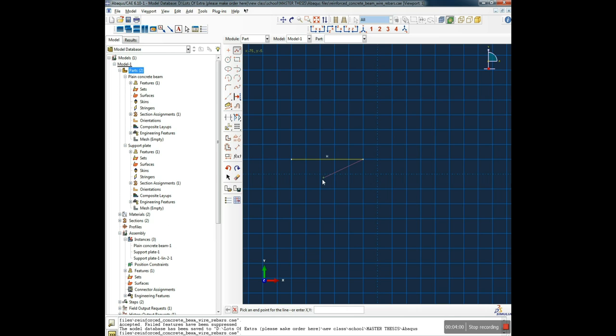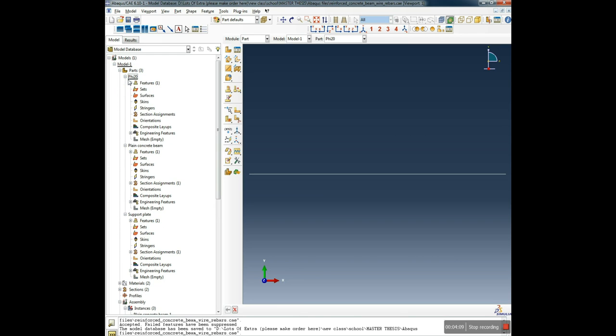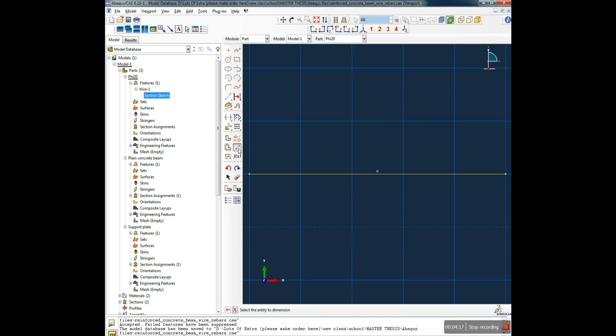Or just click escape, maybe. Done. No, not done. We should have dimensioned it before, but I think we can do this right now as well. So we go to section 2 features, wire and section sketch. So we go here and now we can dimension it. Just click the dimension tool, the dimension button, first point, last point, and click outside, and the length